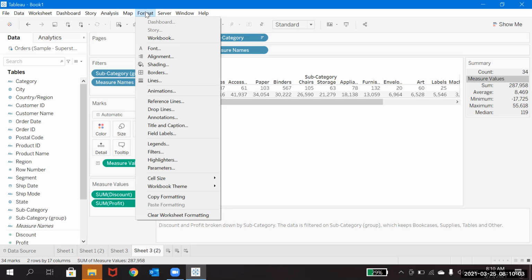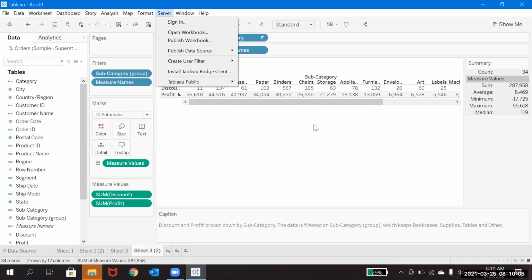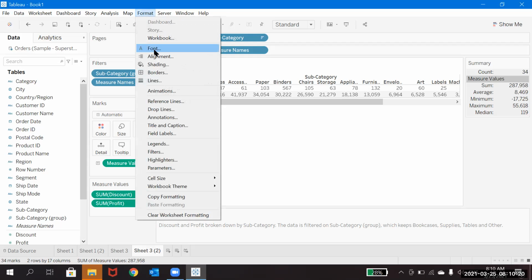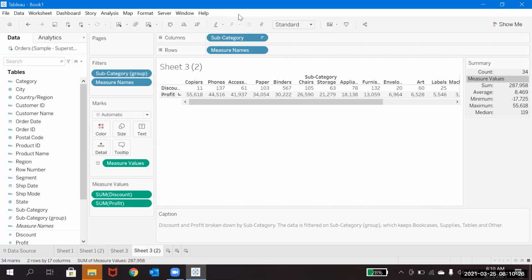Maybe for the header, or the title, or this bar, or the font, everything, if you want to do the formatting or cosmetic changes, you will make use of this format option. Whatever we have, if you see font, alignment, shading, borders, lines, everything, wherever you would like to do that.